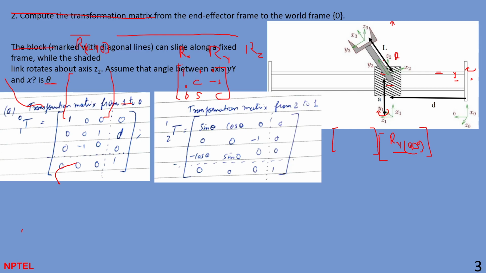So there is a rotation along Z2, something like R Z theta. When you multiply these together, you will get a rotation matrix. And since you already know the translation, this is the transformation from the second frame with respect to the first frame. And lastly,